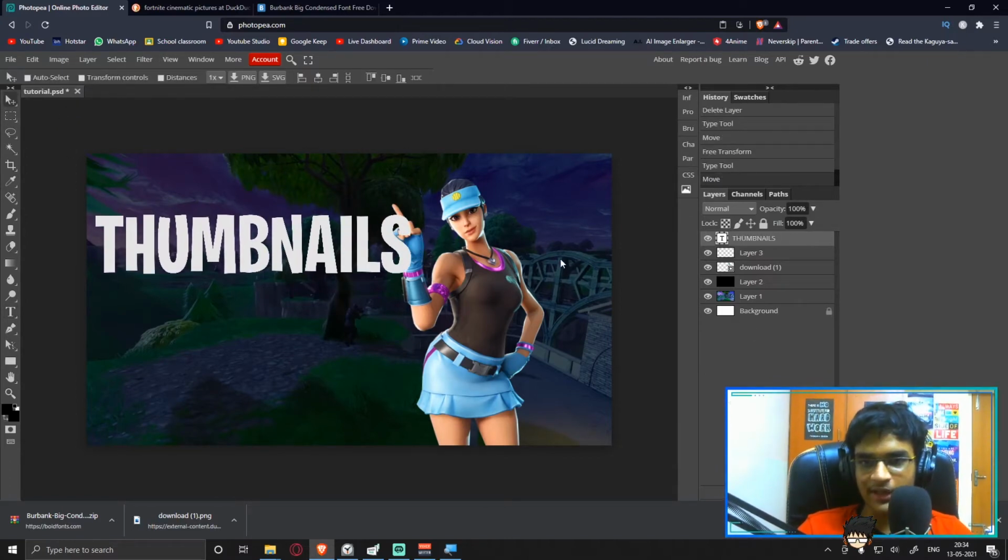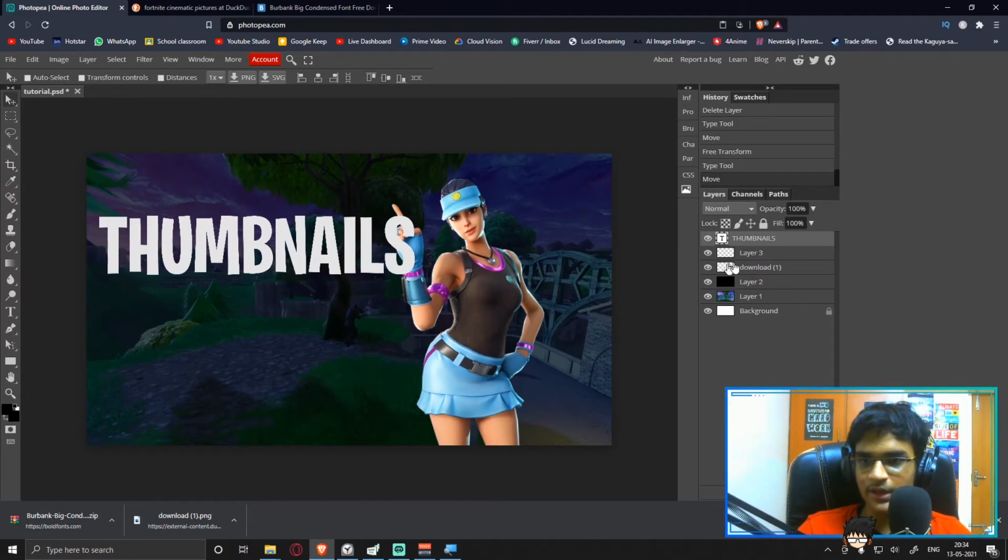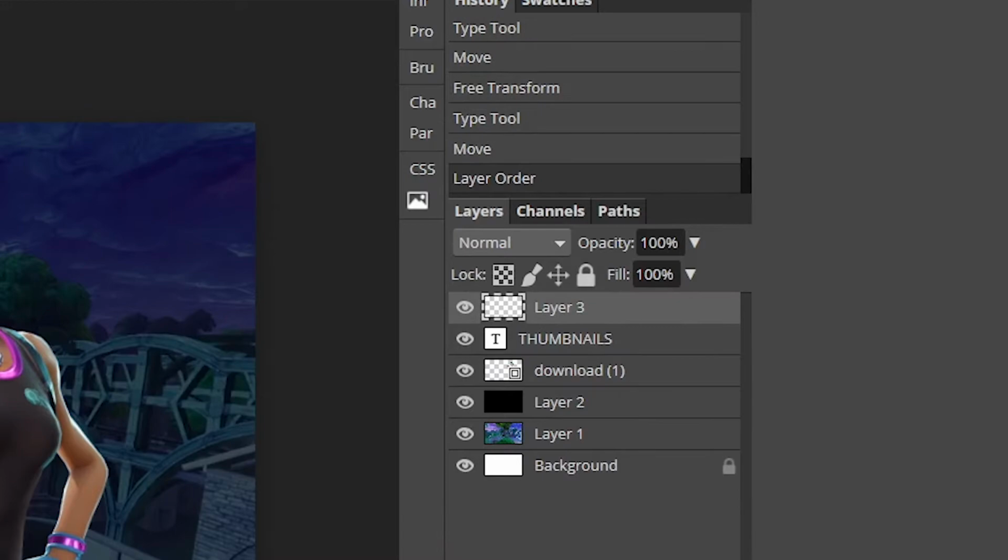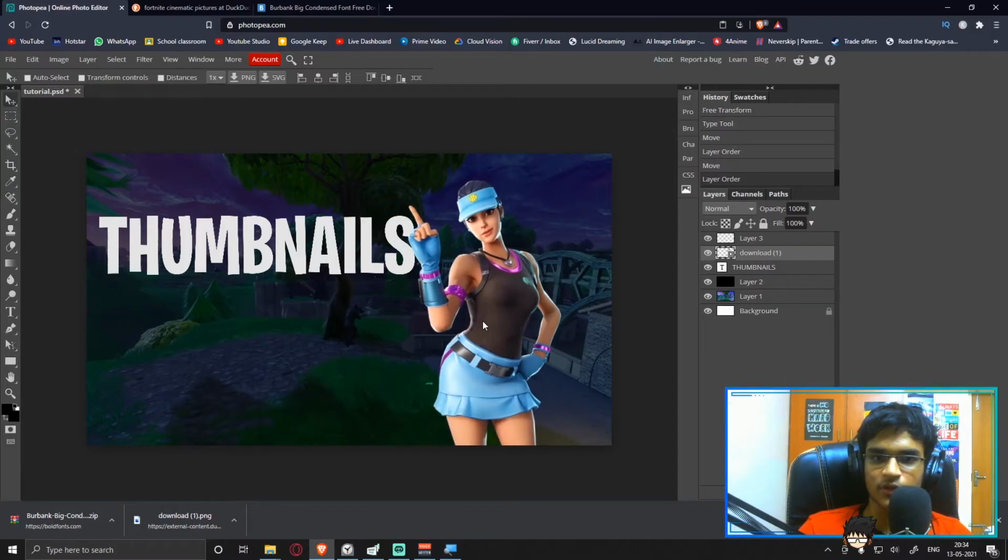Once we have done with that, place it properly. Let's put our character first, guys. A character should be on top of the text. Always keep that in mind because it looks way more natural. And then place it so that it slightly touches the text, but you can still read it. Okay, like in this case.